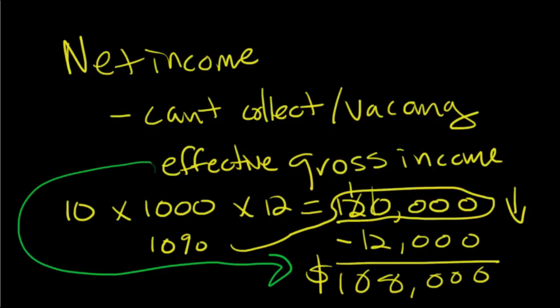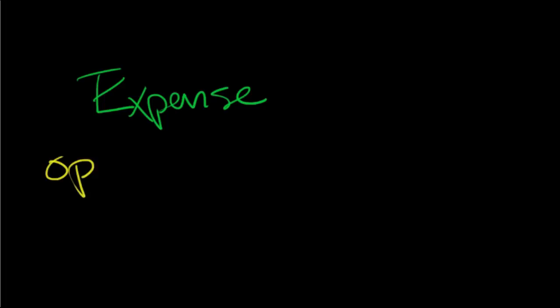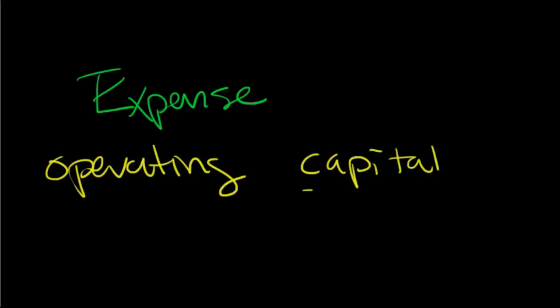In these examples, we also have to be very careful about what we understand to be an expense. Expenses fall into two categories as a general rule: one is an operating expense, and the other is a capital expense. For the exam and for real life, you definitely want to know the difference. For instance, buying and improving the building with a new heating, ventilation, and air conditioning system is a capital expense.